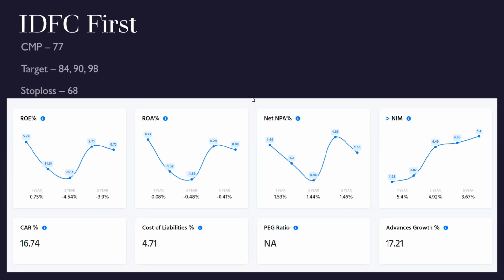Looking at the ROE as well as the NPA, you can see that there is a slight decline in the NPA, but however, the advance growth is nearly 17%. So even though there is a decline in the ROE as well as the NPA, there is a high possibility, and the forecasters have already mentioned that they are expecting a slight increase in the NPA as well as the ROE scores, and the advance growth of this company is forecasted to grow with a 5% increase. So it's a good stock to invest in, and this company has a lot of promoters, around 60%,